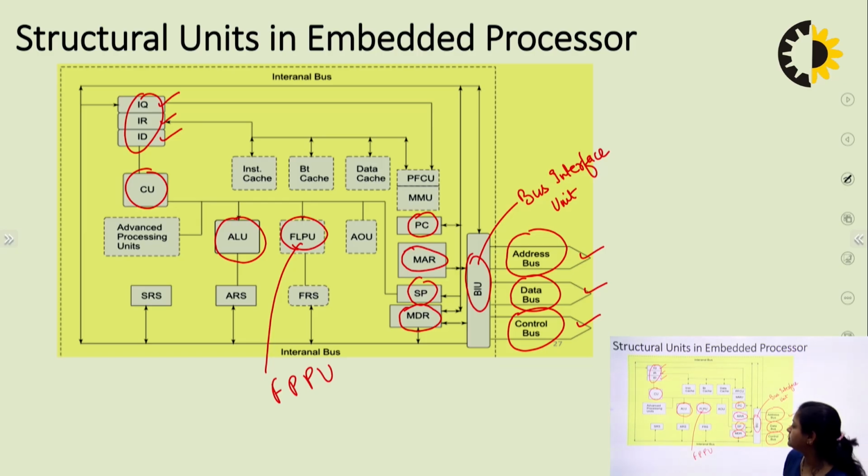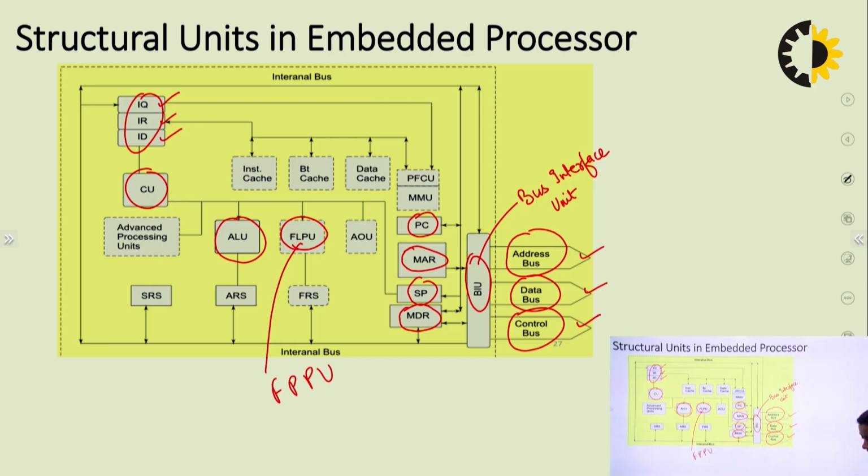So the floating point processing unit is one of the units which may not be present in all the processors. Since we are talking about a generic diagram, a generic embedded processor, we have included all the units which can be possible in a particular processor. However, the solid block diagrams are the units which are the bare minimum requirements for a processor. The dashed ones are those which may or may not be present depending upon the type of processor you are considering. So the floating point processing unit is the one taking care of the computations which involve floating point numbers. All right.